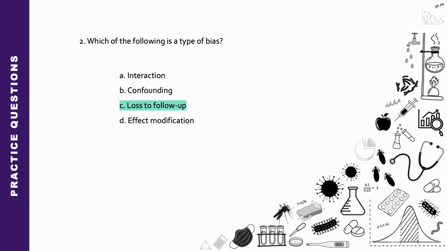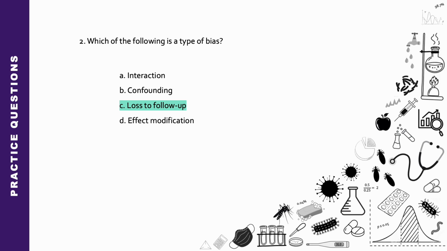Loss to follow-up bias, also known as attrition bias or dropout bias, occurs when there's a differential loss of participants during the course of a study, leading to a non-representative sample. This can distort the observed associations between the exposure and the outcome if the reasons for people dropping out are related to the outcome of interest. While some sources classify confounding as a type of bias, it's usually considered a separate entity, so loss to follow-up